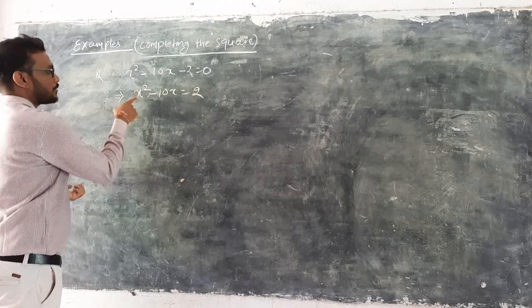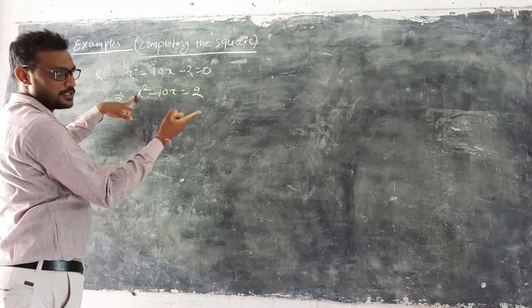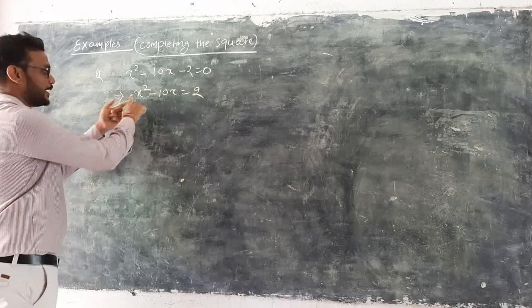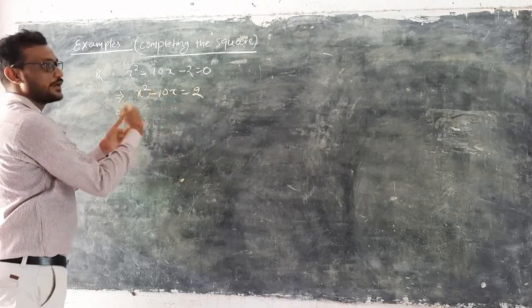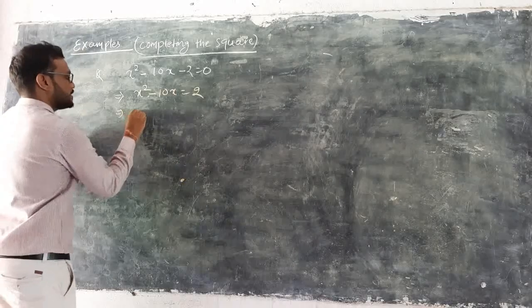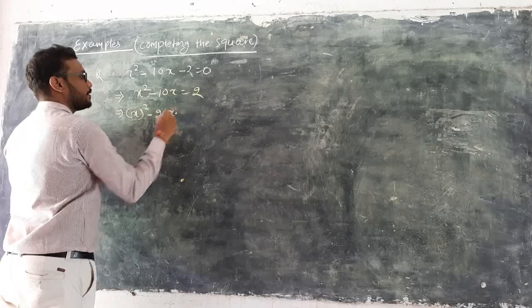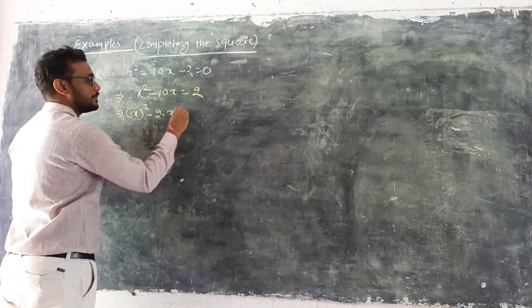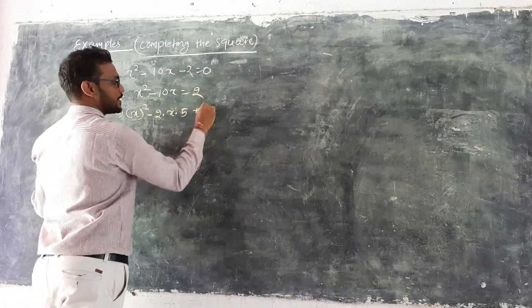So now we will have to write this as in the form of a plus b whole square or a minus b whole square. But here a negative sign is given, so we will have to make this side of the equation into a minus b whole square. So a is x here, minus 2a, how much will I multiply with 2x? So it will be 10x. It will be 5. Okay. So we will get b as 5, so it is 5 square.